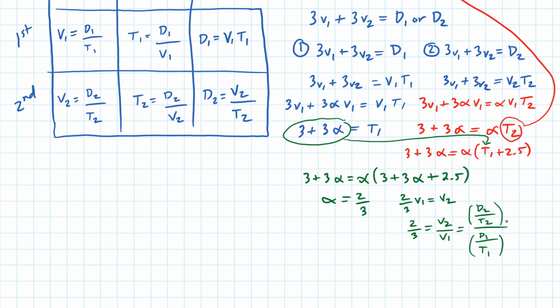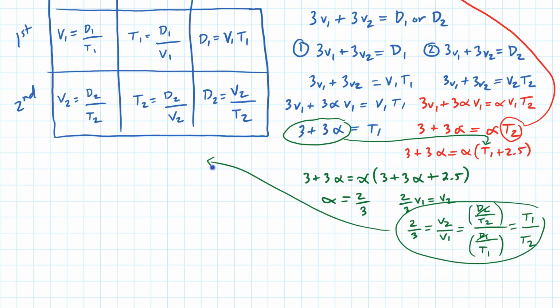And since the distances d1 and d2 are the same, I'm going to cancel those out, and this eventually will be t1 over t2. Alright, so now I have 2/3 equals t1 over t2,